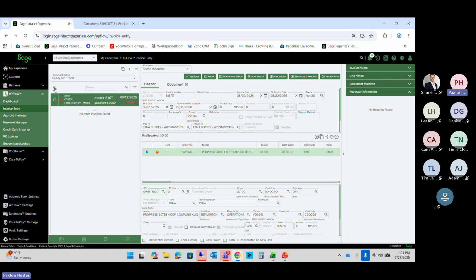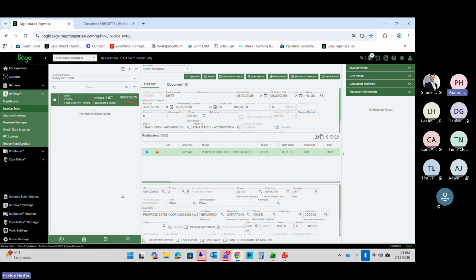From here, I could select one, I could select all, kind of depends on how many you want to go ahead and push over to the accounting system. Simply select, export this information. It now goes real time back into the accounting system. When it goes back into the accounting system, obviously all the coding is going to go where it belongs, but you'll also go over with an image of the invoice should you need to review that. If there's any supporting documentation, it will be provided on a link that you can click on and then view